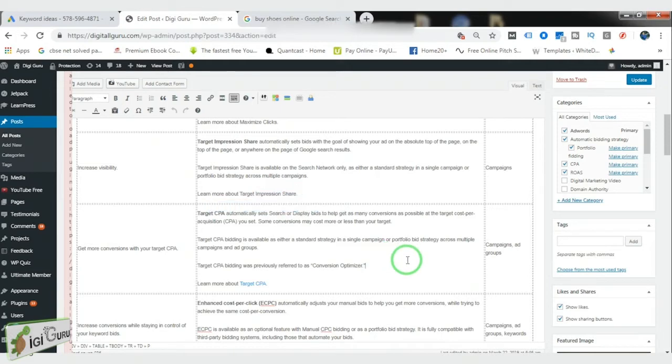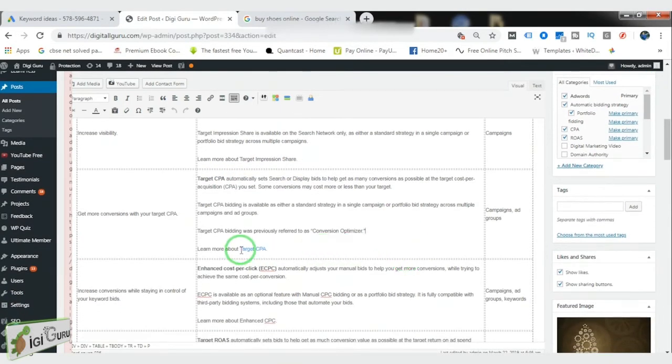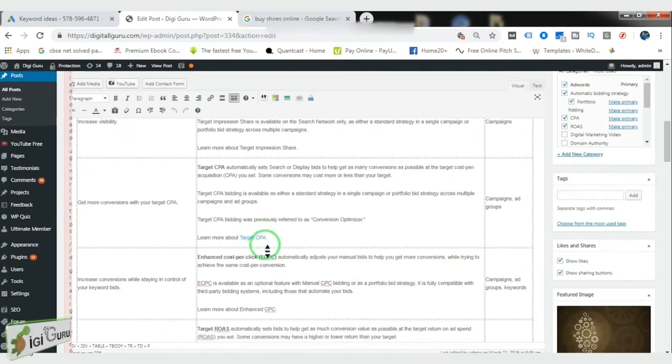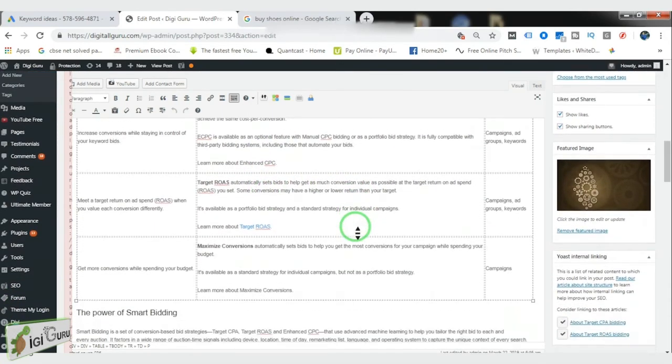So you need to create a large number of internal links. For example, I have created an internal link on this word, target CPA. If I click on this target CPA, you can see there is a URL already present here. On this URL, I explain in detail what a target CPA is, how it is implemented, and how it is used while making a Google ad. So when a person is reading my blog or article and comes across this word, by clicking on it they get redirected to another page of mine and learn more about target CPA. Through this technique, you can increase the engagement. So try to have a higher number of internal links.